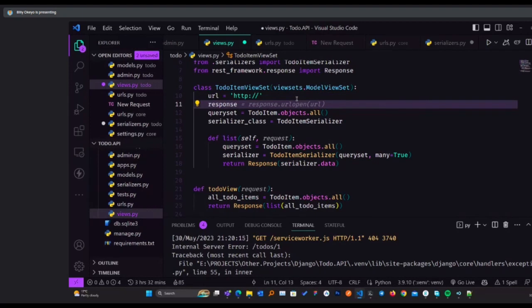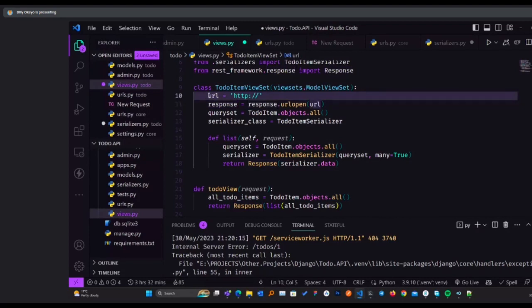Then based on the response, I can tweak whatever response I get back. So it's not specific to Django, but any other framework or language. You just write the logic that gets the data from the endpoint. Then once you have the data, you can modify it as you want. All that happens within your views file because that's where all the logic sits.